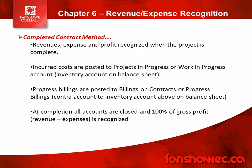The question's probably not going to go into extreme detail as far as we paid this much for labor, we paid this much for materials, we paid this much for subcontractors. What it's probably going to say is the costs incurred for the year were $10 million. Give me the journal entry, okay? So all of those costs incurred, instead of debiting an expense, we're going to debit our PIP inventory